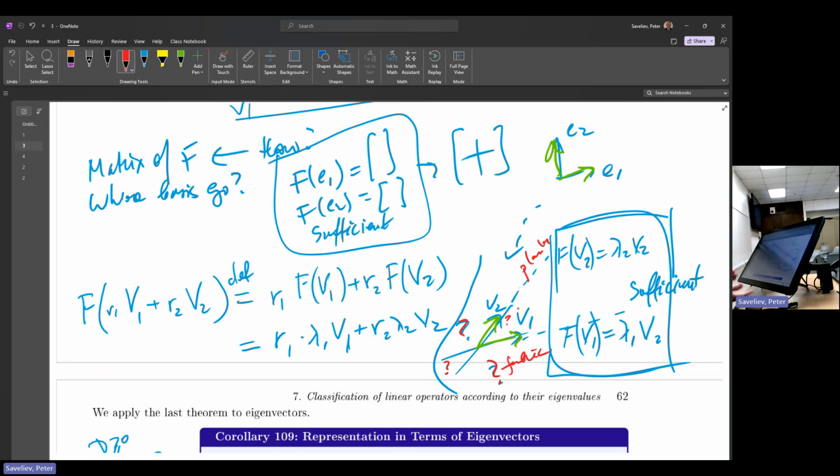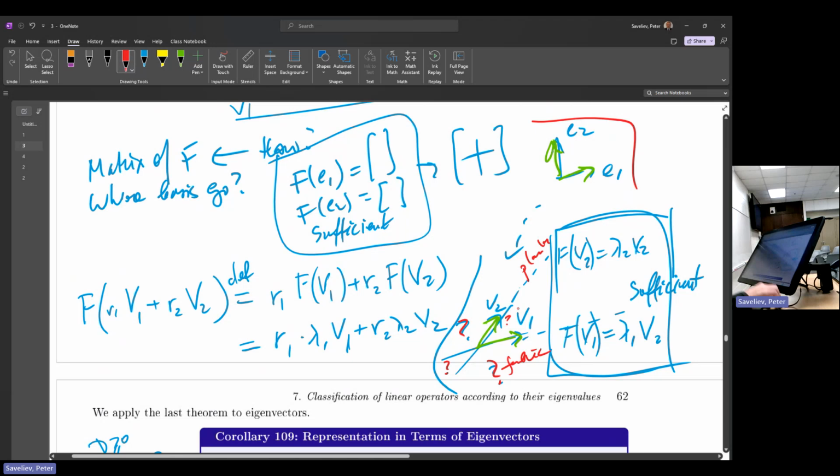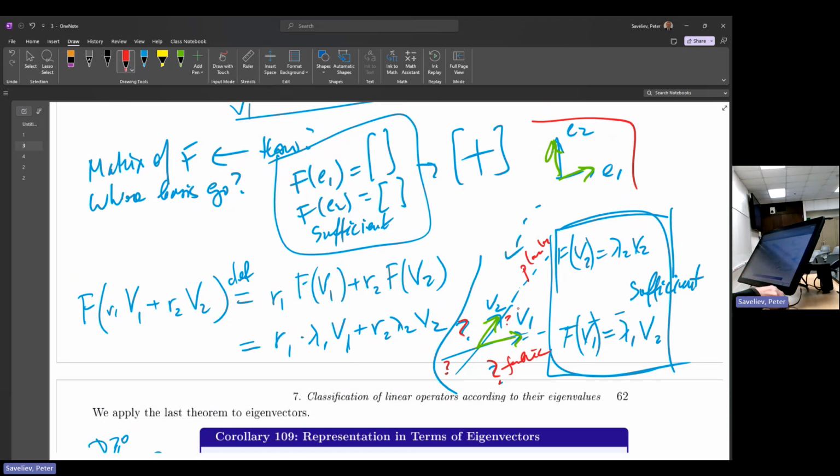Okay, so the good news is, just like with the standard basis, if we know where the standard bases go, we know the linear operator. Remember, the matrix is made of those two. Fortunately, without referring to the matrix necessarily, if we know where the two, v1, v2, go, and we do,